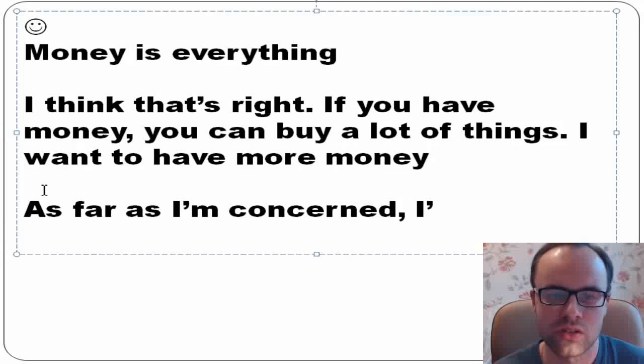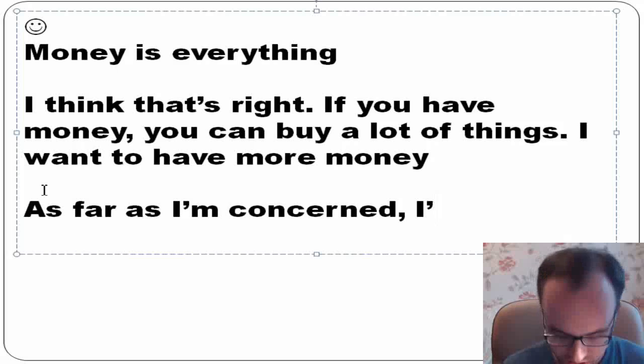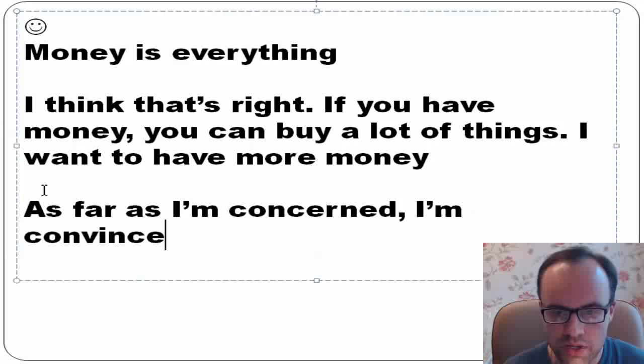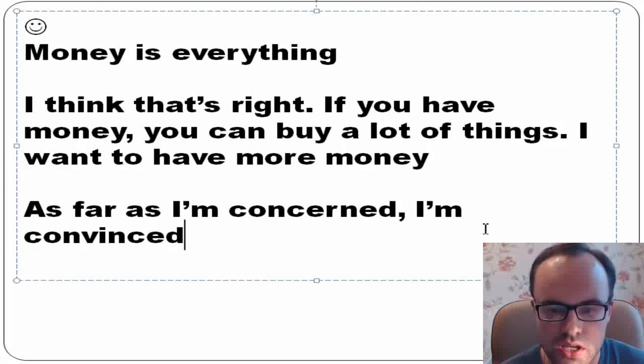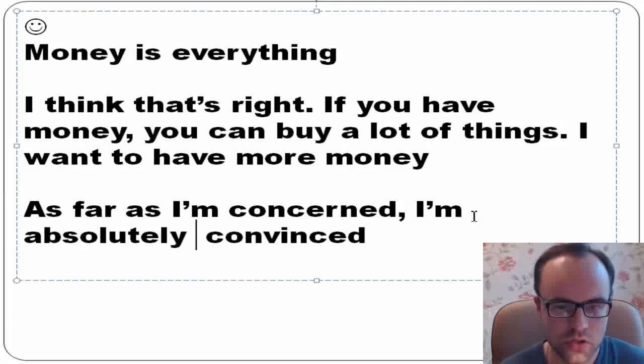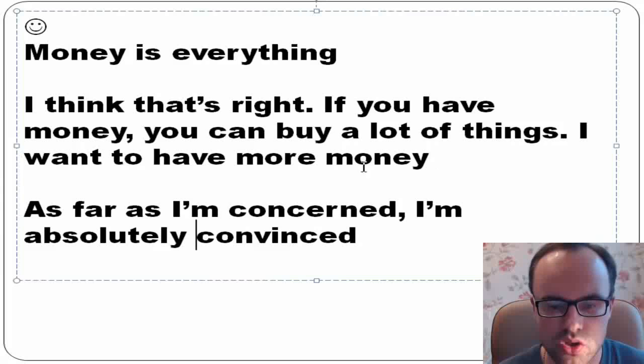So what words can you use instead of "I think," "I believe," "it seems to me"? For instance, you can say "I'm convinced." Convinced means I really think so. I'm absolutely convinced means I'm absolutely sure, but this word sounds stronger, so we put more emphasis on this idea. As far as I'm concerned, I'm absolutely convinced that